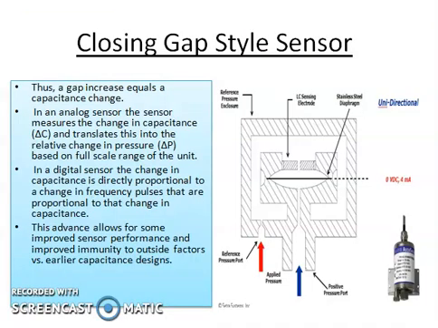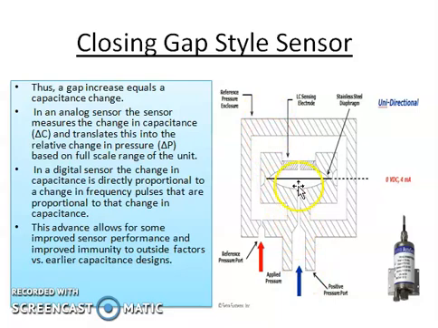Now, we have mainly two types of capacitive pressure transducer. The first one is the closing gap style sensor. Here, the capacitive sensor is protected by a pressure enclosure, and the capacitance transducer is placed inside it. That is, here we have one sensing electrode and the second plate is our diaphragm, that is a steel diaphragm. And whenever the pressure is applied, here we have a narrow gap inside the